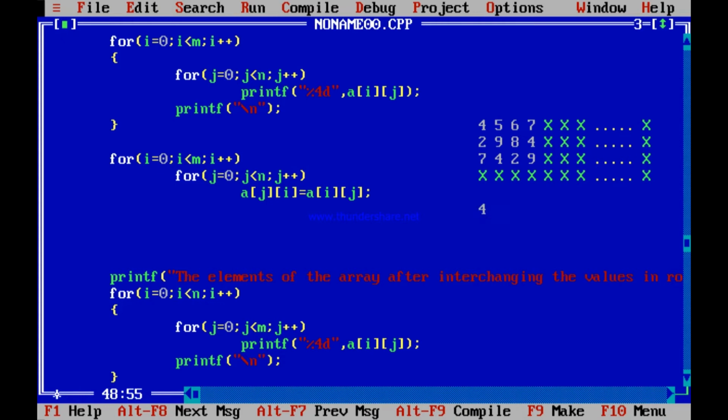A01, this 4 is okay. But this 5 you have copied to A10. Here you have written 5. The 2 that was present is gone. So if this 2 is gone, how can you change this 5 to 2? This should become 2 after the interchange. But that 2 you have overwritten. You have done Aji equal to Aij, that is A01. You have copied it to A10, which is wrong. So 5 has been copied over here, which is absolutely wrong.